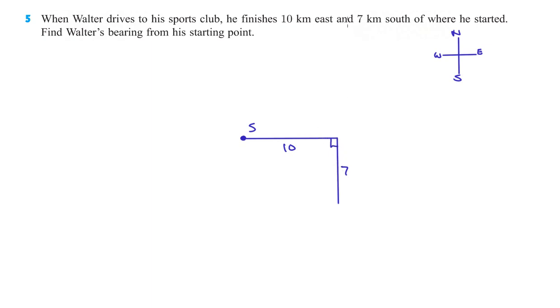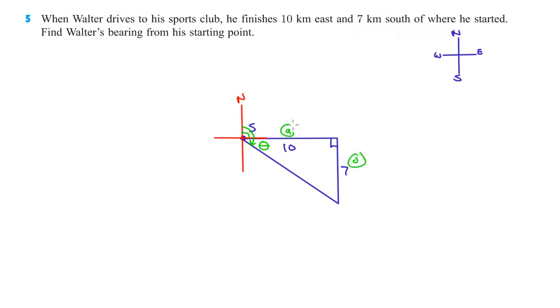Since it's east and south, that makes a nice 90-degree angle. So here's our nice little triangle. Find Walter's bearing from his starting point. If we make our little bearing points here, here's due north. What we're trying to figure out, the bearing angle, is this green angle right here. We know this is 90, so if we can figure out what this other angle is, then we're in shape. And we can, because we have a right angle and we have this opposite side